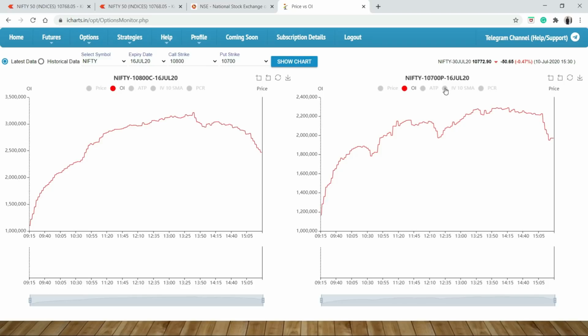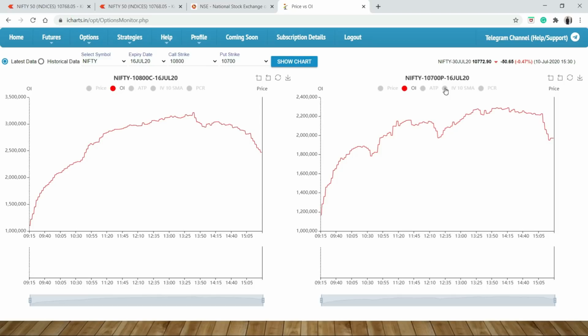Likewise, if in all strikes there are equal writers, all call writers are the same as the put writers, that means the market trend is sideways, meaning the market goes 25-30 points up and then 20-30-40 points down. So the market is in a zigzag pattern. But for this scenario, the market might possibly fall 100 points and recover 20-30 or 50 points, but ultimately the market is going in a downward direction.